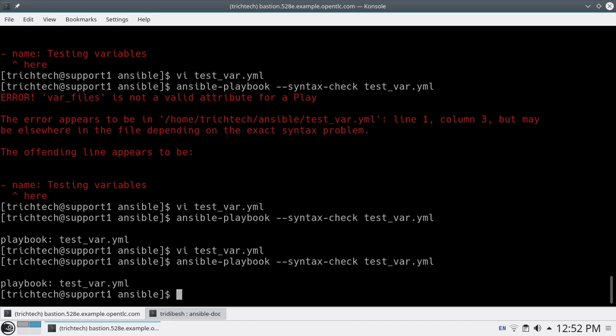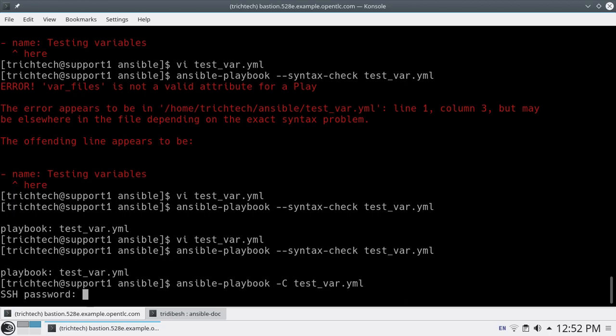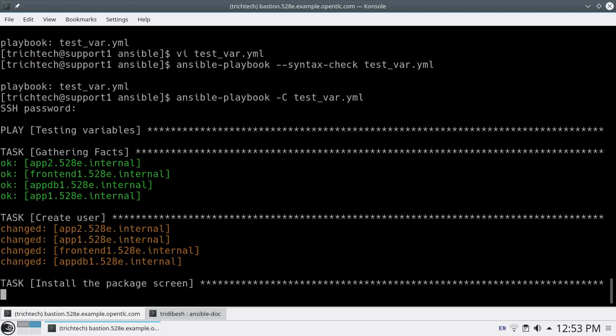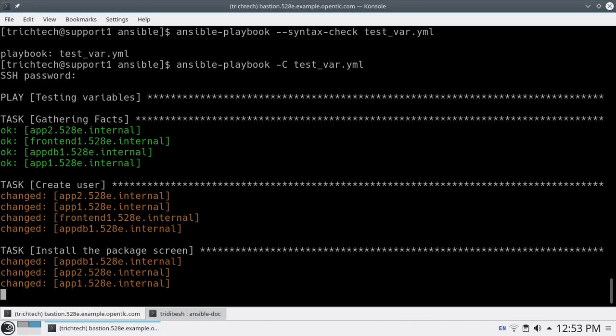Now we can check for this run. Let's see whether it works or not. It is asking me for my password. Create user is working. Install the package, let's see whether it is going to install or not. You can see it is going to change also.